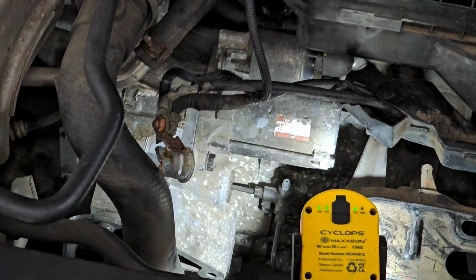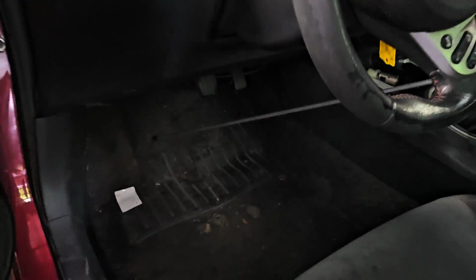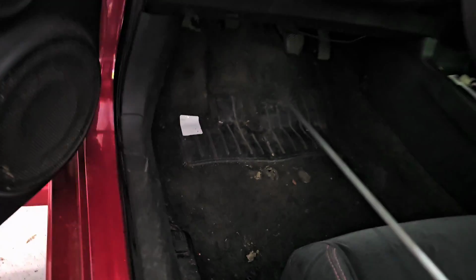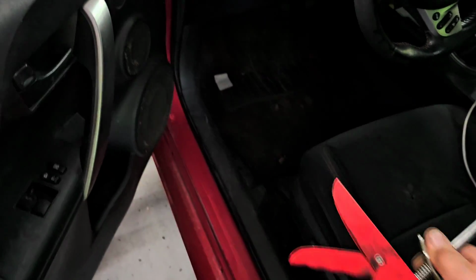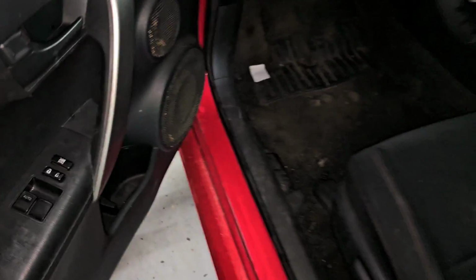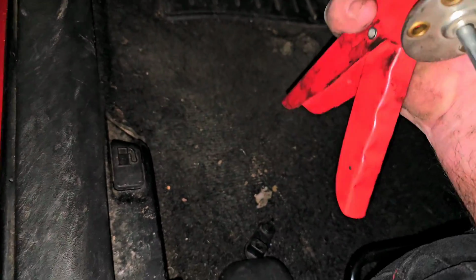So what we're going to do is I actually have inside a depressor. Well, it was a depressor holding the clutch down. I forgot that I cut the wheels. So, oh, and the clutch is actually still down. I just can't see. There's a handy little device here for depressing brake pedals. Sorry, I shut you off there by mistake. But this is a handy little device for depressing brake pedals. It's basically like a caulk gun, except with a long rod to it. And let me use this end to hook the pedal